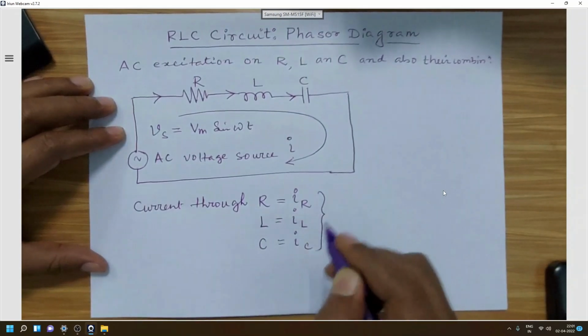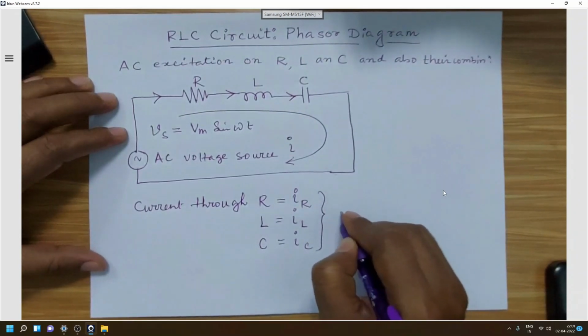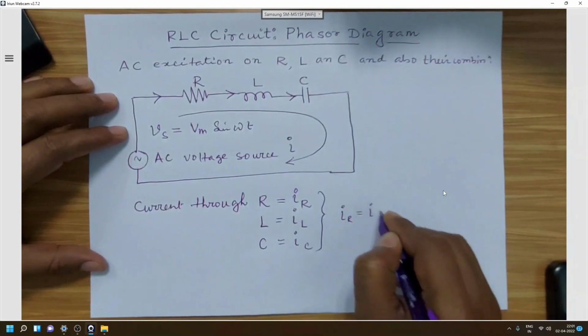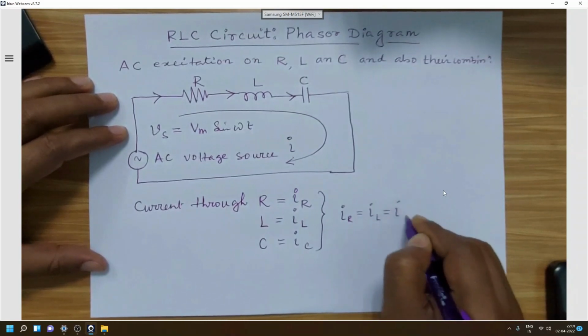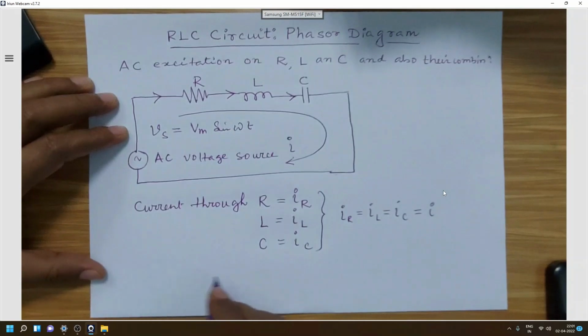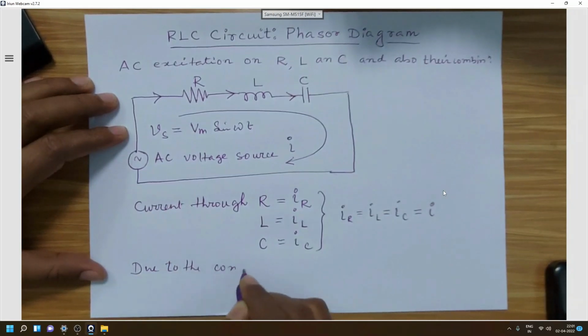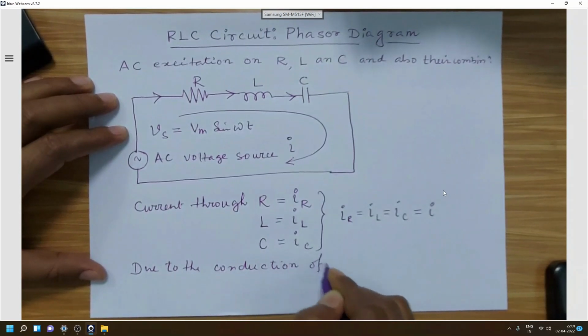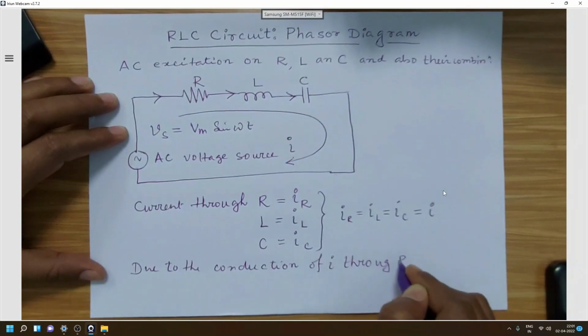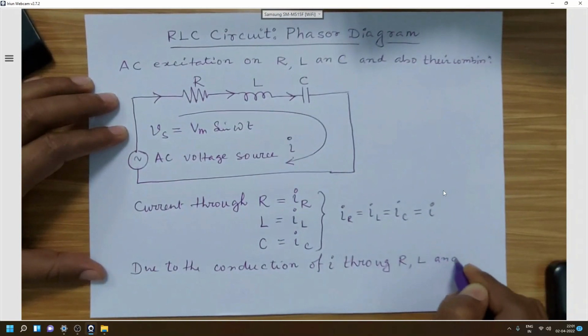Now from this series circuit it is obvious that IR equal to IL equal to IC equal to I. And also, due to the conduction of I through R, L and C,